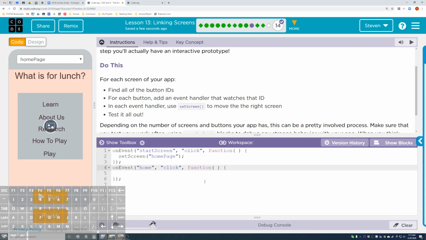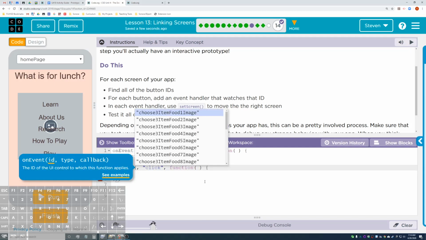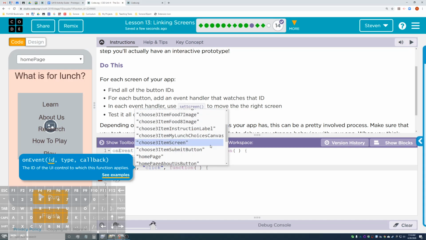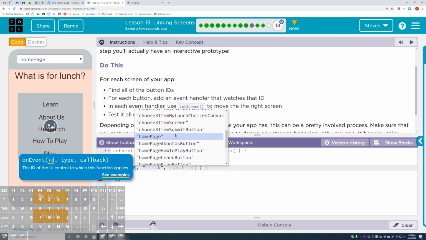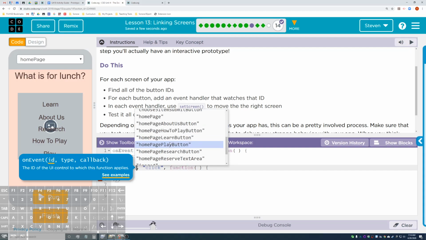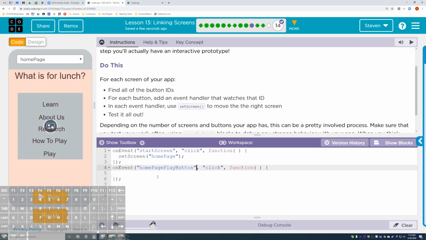If you delete the double quotes, it'll show you all of your buttons and labels. I have one that says home page play button. So if someone clicks on the home page play button, do this, and all I'm going to do is set screen, but not to home page, to